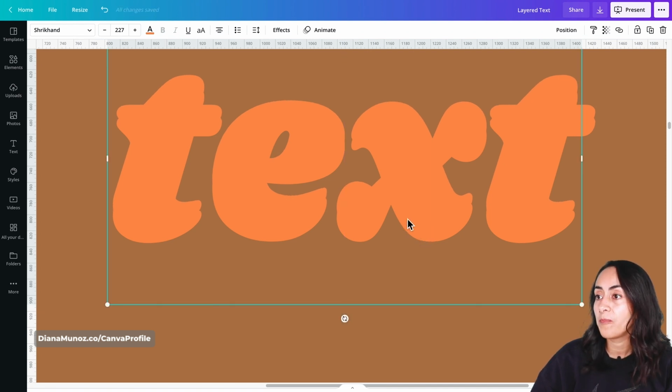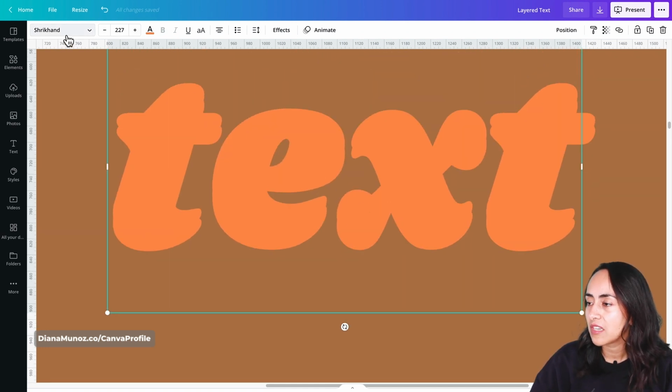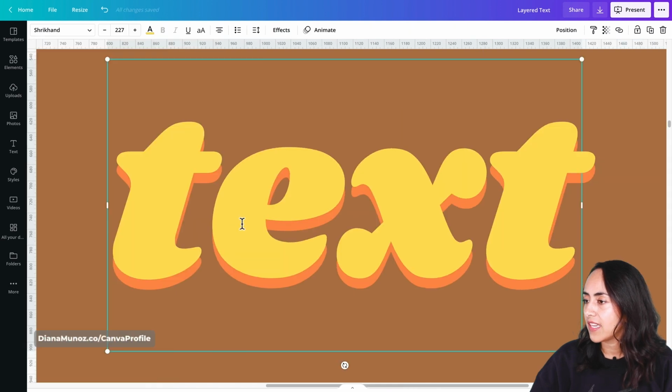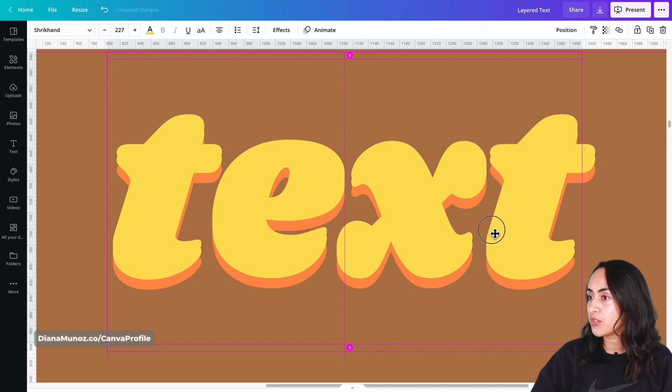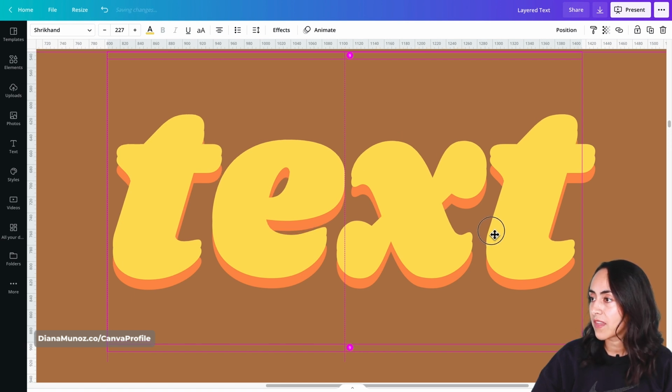It depends also on the font that you're going to be using. In this case, I'm using this one right here. I don't know how you pronounce that, so I'm not going to try. So yeah, this is the font that I'm using at the moment. And let me change the color so we can see better what is going on in here. And then I'm going to continue with the process, but again, I will show you that you won't see any numbers showing up on the laterals, just up and down. So we see the number 13.